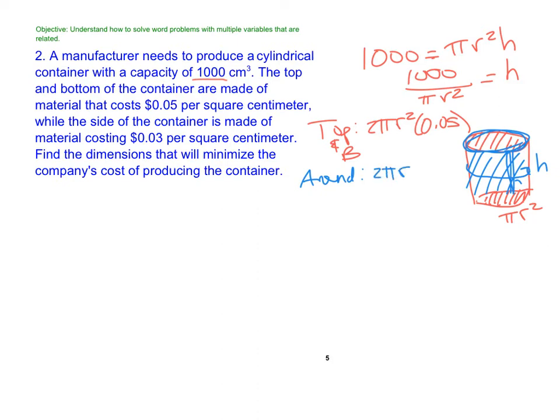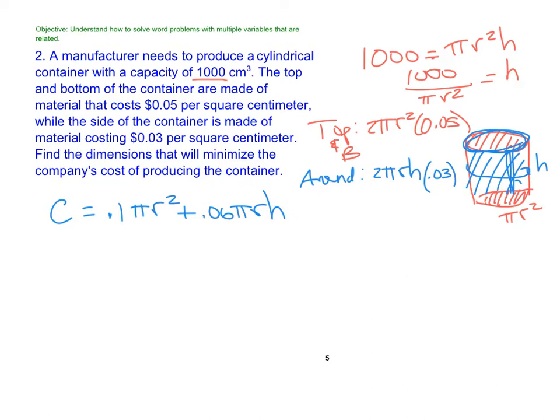That's the circumference times the height, right? And then how much is it costing to make that part? 0.03, right? So the cost of the entire can is 2 times 0.05, so 0.1 pi r squared plus 0.06 pi r h. But like I said before, we don't want both